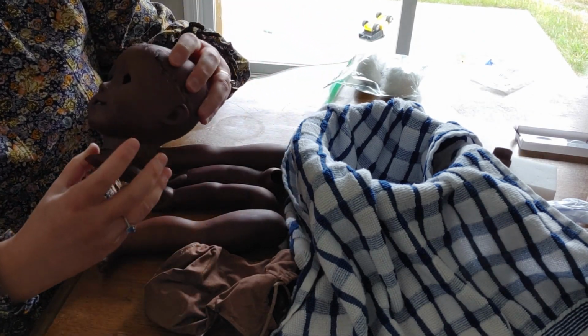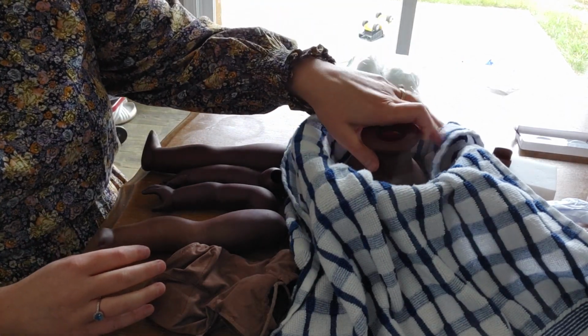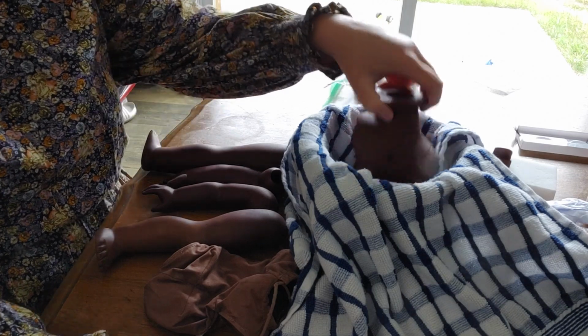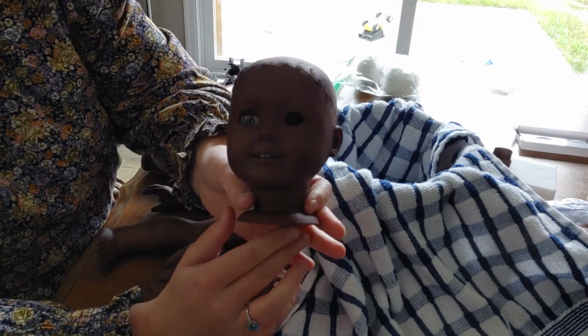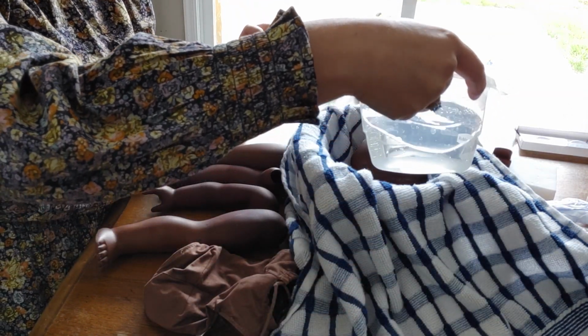I just, on a whim, decided to dye her, and I didn't film it, so there's other dolls that I have dyed and filmed. I figured it wasn't like we were missing out hugely on that, so I went ahead and dyed her. I tried this golden ochre eye in her, and I wasn't a fan, so I'm actually going to be taking that out right now. And then we'll be restringing her and putting her new eyes in. So while she marinates,